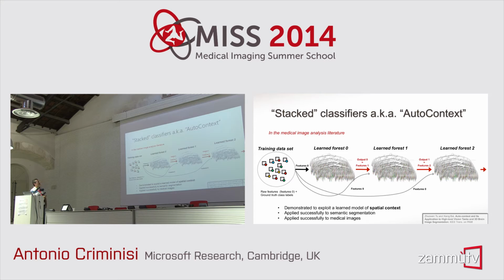So, for instance, we have the work of Zhuwen Tu, who used to work at Siemens with Dorin Comaniciu, who invented the probabilistic boosting trees, which are used quite often at Siemens and elsewhere. But he also came up with the idea that he calls auto-context, which is nothing else but stacking, once again. So in here you have a training data set, and each of these, imagine being a single tree, but it might as well be an entire decision forest. So this is another way of doing deep learning with forests.